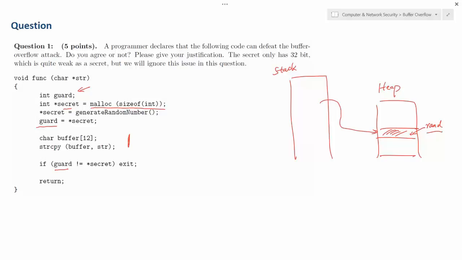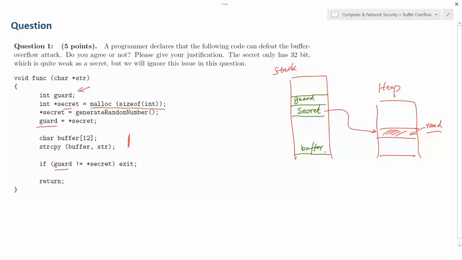So think about this: the guard is going to be here, and the secret variable is going to be here. Of course, this value is going to point to here, and then the buffer is going to be here.